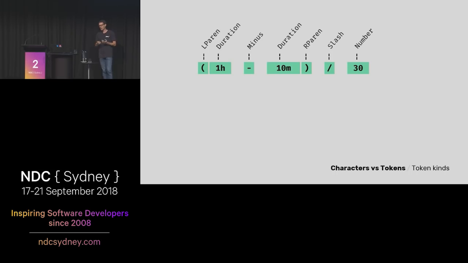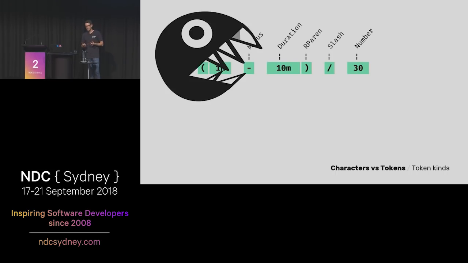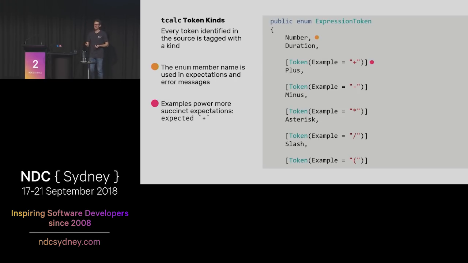And when we tag those tokens that we found in the token stream with their kind, we just come along and chomp them up exactly the same way as we did the other characters in our first version. So to convert the parser we've already got to a token parser, we have to start with a declaration of what kinds of tokens are in there. If you open up the Roslyn source, you'll find something pretty similar, and it's quite mind-boggling looking at all the tokens that are used to parse C#.